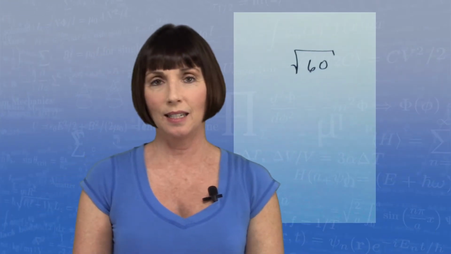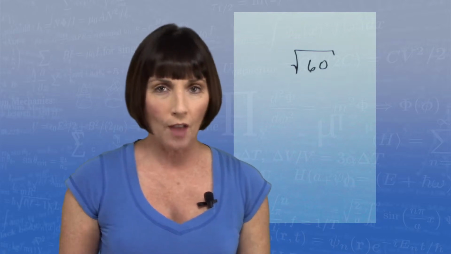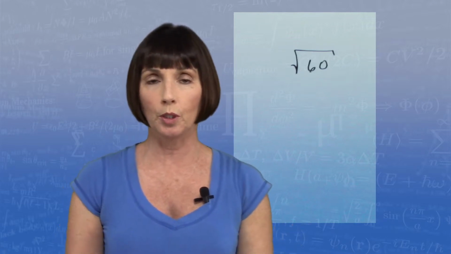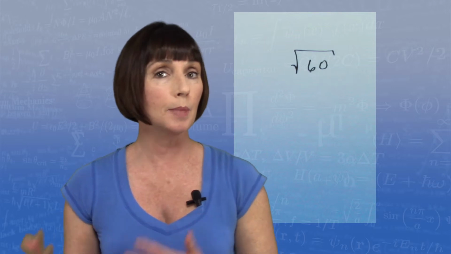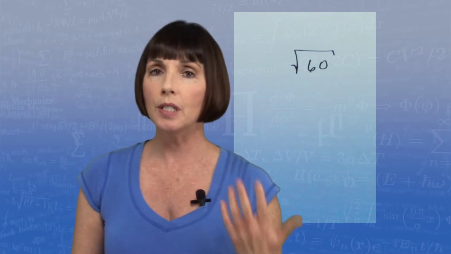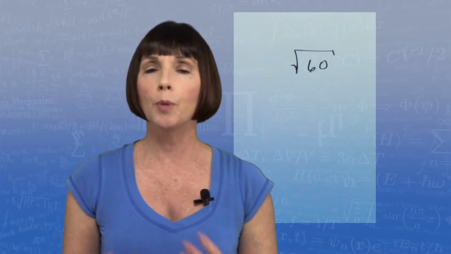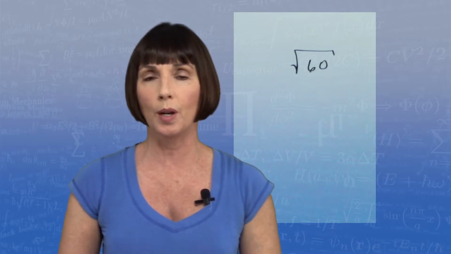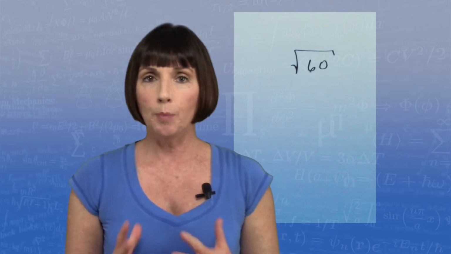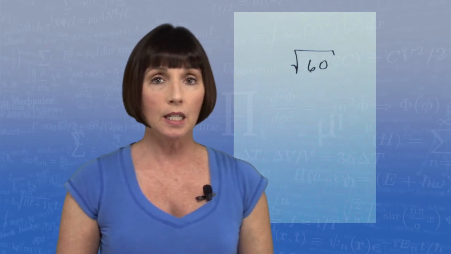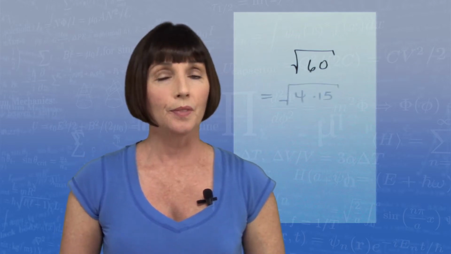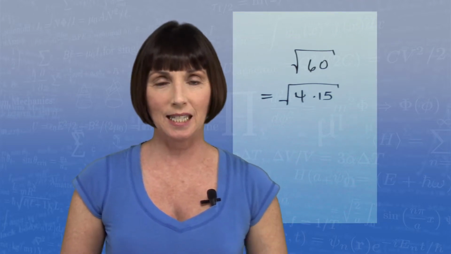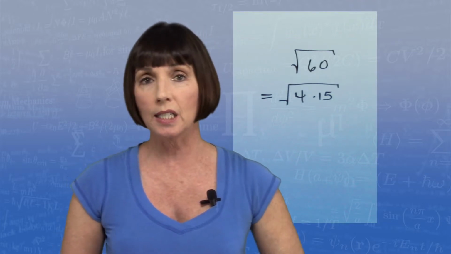Okay, let's look at our last example, example 3. We have the square root of 60. Now, 60 has a few more factors than some of the other numbers we've been looking at. For example, 6 times 10 is 60, but neither 6 nor 10 are perfect squares, so that won't help us in simplifying this square root. Are there any perfect squares that are factors of 60? What about 4? Yes, 4 times 15 is 60,